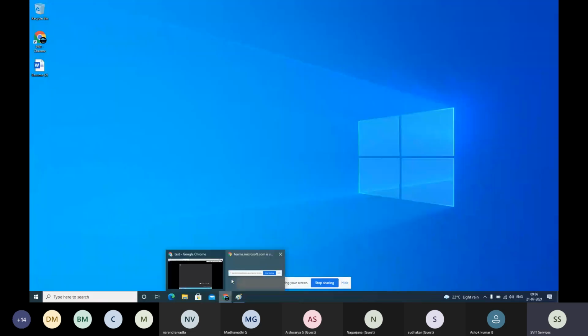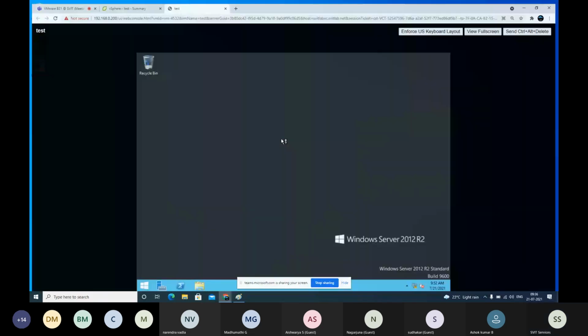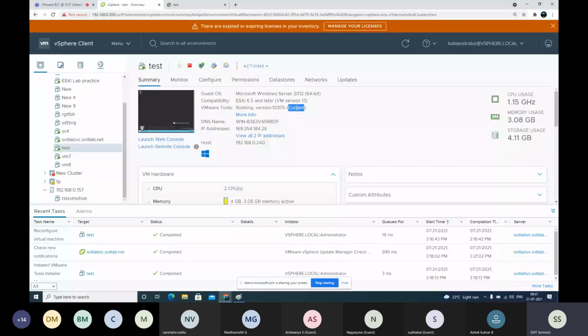See, now the mouse is working, with the same performance as it works on my laptop. It works here on the console with the same speed, same performance, because drivers are there. You can see here, showing current drivers. Just a minute.